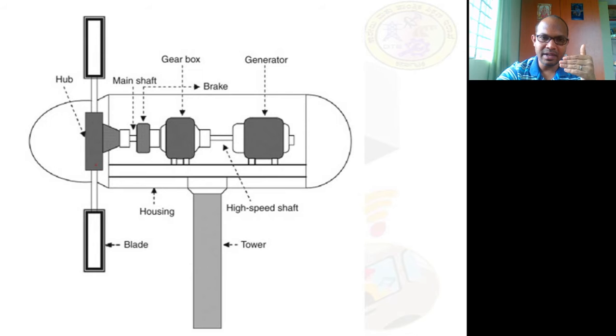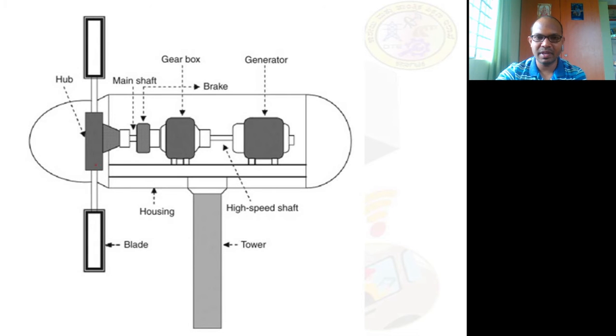If it is rotating at 18 revolutions per minute, it will multiply it to 1800 revolutions per minute, and convert that low speed shaft into a high speed shaft over here. That high speed shaft will be coupled to a generator where an alternating current or voltage will be generated, and soon after this generator we will have a converter from alternating current into direct current. Converters will convert this AC into DC, then it will be given to the grid or the electric source where it will be stored.